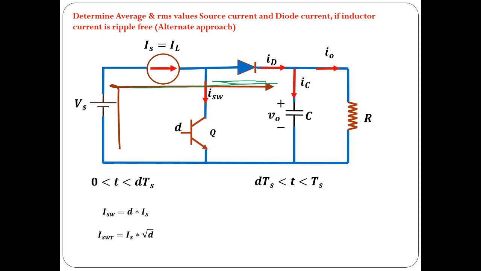Okay. So now straight away one can find the average diode current and RMS diode current using this formula. That is (1 minus D) into IS and IS into square root (1 minus D). Because during the on period, the fraction of the switching period during which current flows through the switch is D. Similarly, the fraction of the switching period during which inductor current would flow through the diode is (1 minus D), and it is constant. So directly you would get these formulas. You can apply these formulas and you would get the values of the switch and diode average and RMS currents.